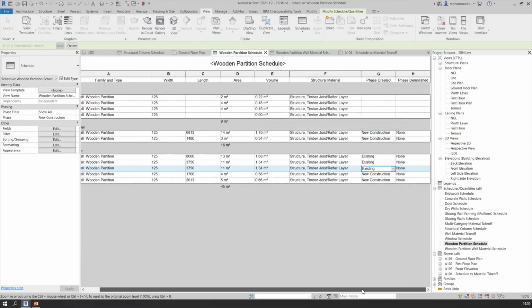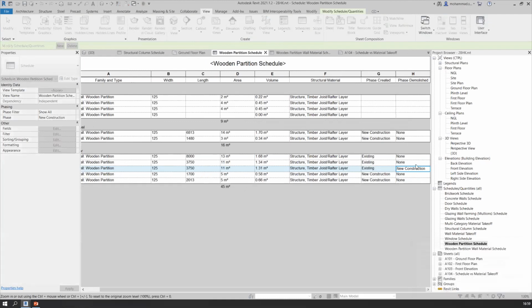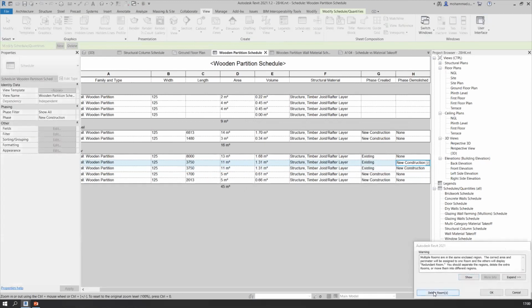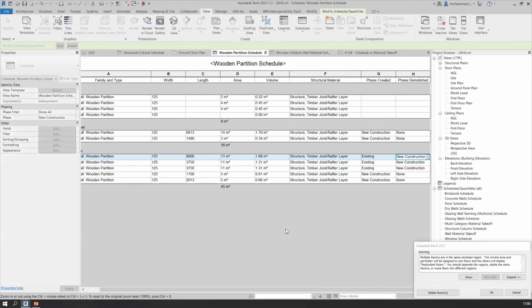And suppose these are demolished in new phases, and instead of these, another. So, okay, I'll just accept this for a while because there are changes in my model as well. Like I said, this works collaboratively, so my rooms are getting deleted. Anyways, just to answer your question, I'm just modifying my model.